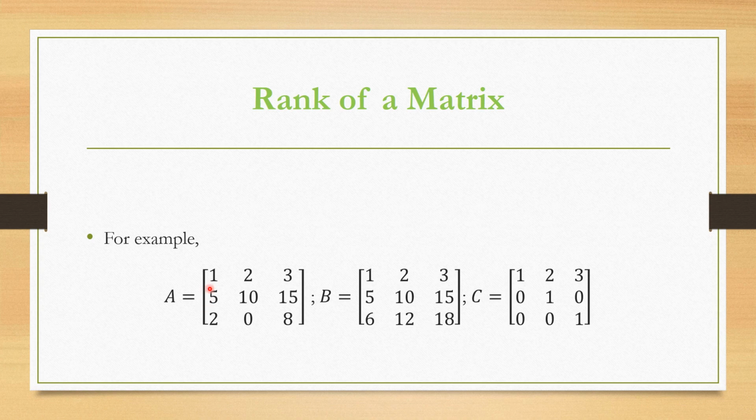If we compare this independent row with the third row, 2, 0, 8, what happens here? The first row and third row are both linearly independent. Therefore, the rank of the matrix is 2. If we compute the determinant, it gives the value 0. It does not mean that the rank of the matrix is 3. So, determinant being 0 indicates some of the rows are dependent rows in the matrix A.